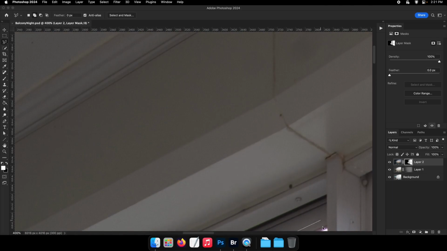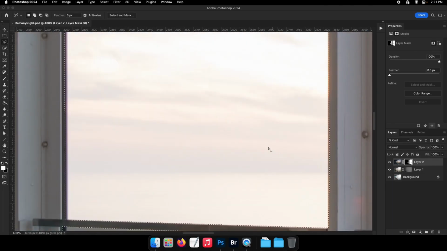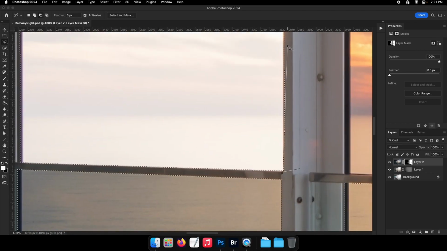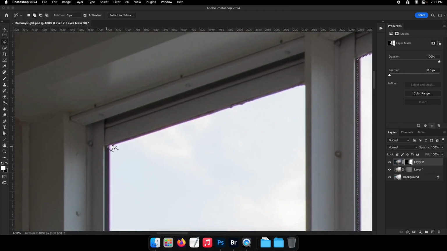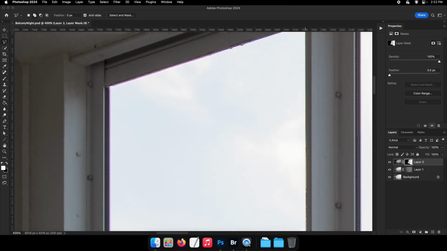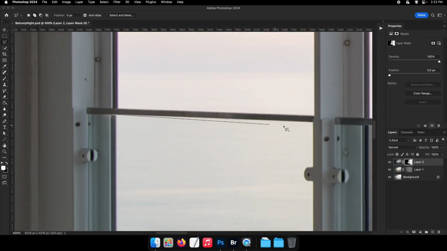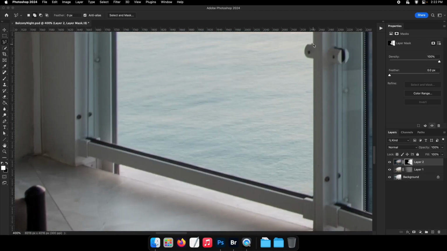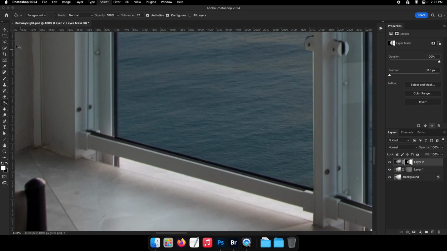Trying to get in and out with this one. Pretty simple shot. No need to spend a ton of time on it. And then I'll subtract that little bit. I kind of went over the edge there. So subtract that to make it more. Subtract that so it's a much cleaner result. And I'll do that, and it looks like there's